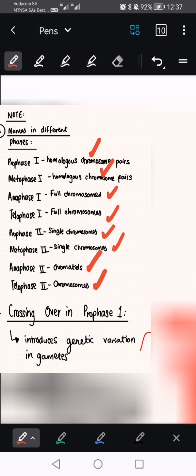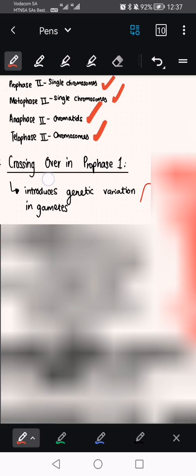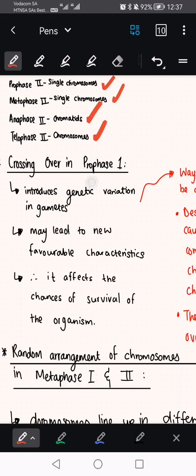Now let's look at my favorite part. Crossing over in prophase 1, which I did explain already. Crossing over is there to introduce genetic variation in gametes, right? And this can lead to favorable characteristics which will therefore affect the chances of survival of the organism, which is what I said. Right? If in the exams they ask you the significance of crossing over, you will say this